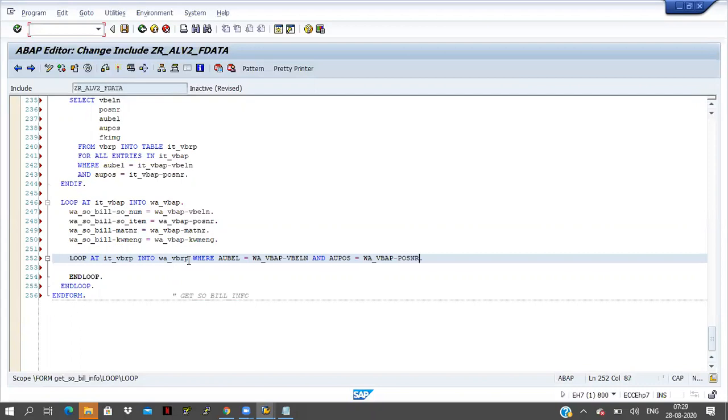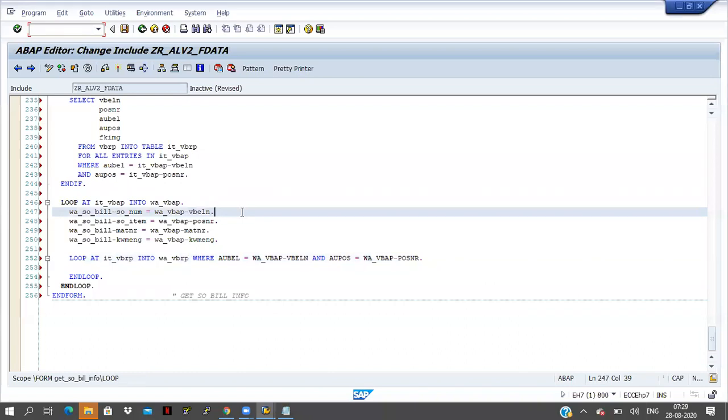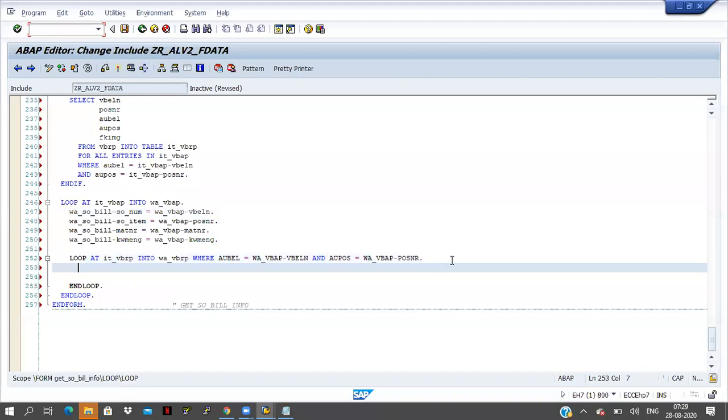I'm giving a condition here while looping the internal table IT_VBRP. If the document number equals the sales document number, this is the sales document number, right? Sorry, I will show you in debugging, otherwise it will be confusing here.